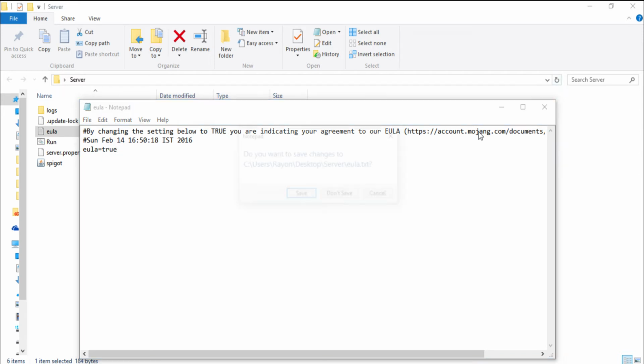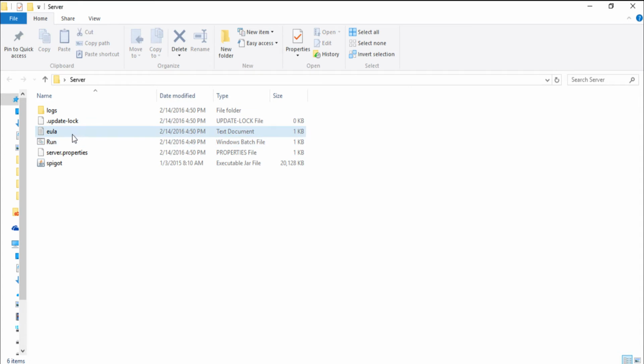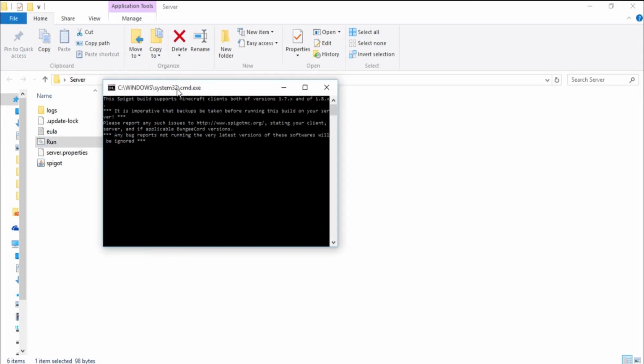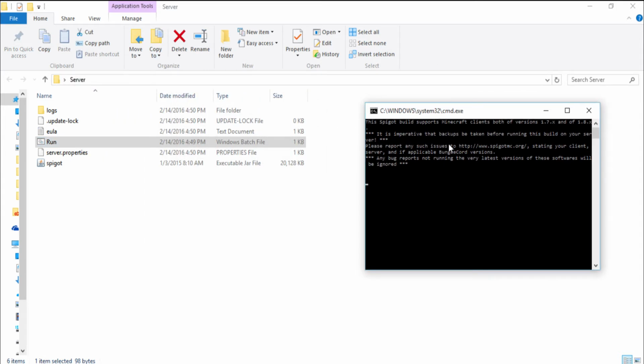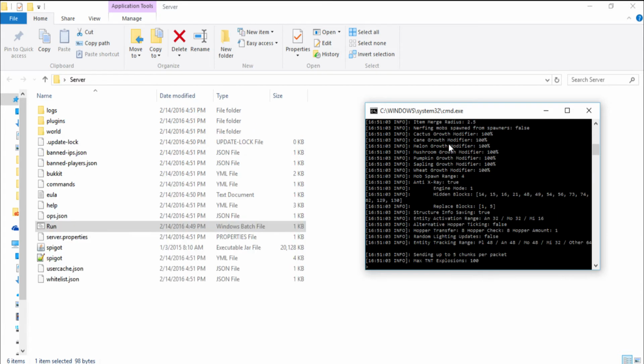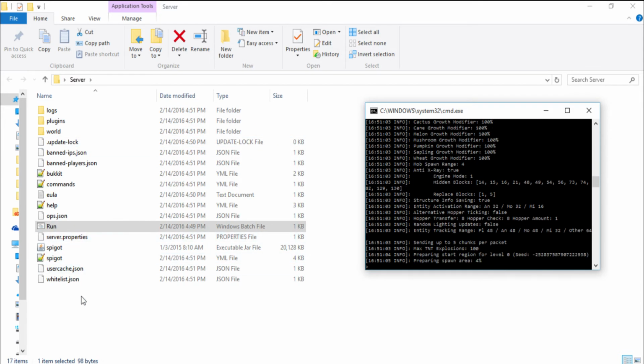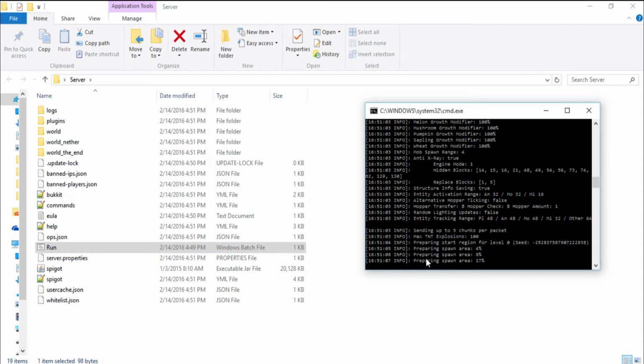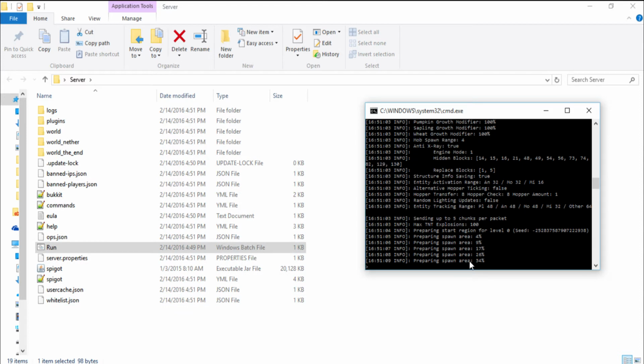and then you save the file. You just save the file. Alright, so now it's saved, and you're accepting Mojang's end user license agreement. So now you're gonna run the server. It takes time to start the server up. So you see all the files pop up, and now it's preparing a spawn area, and now your server is